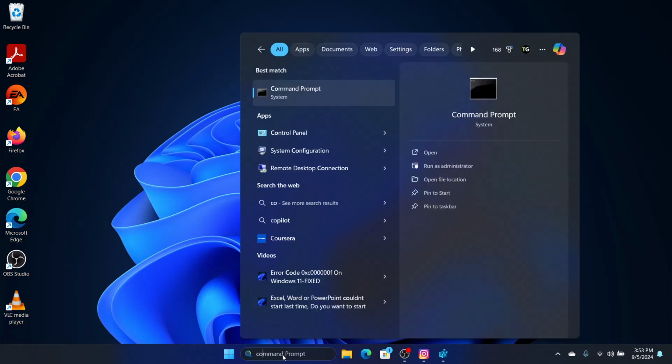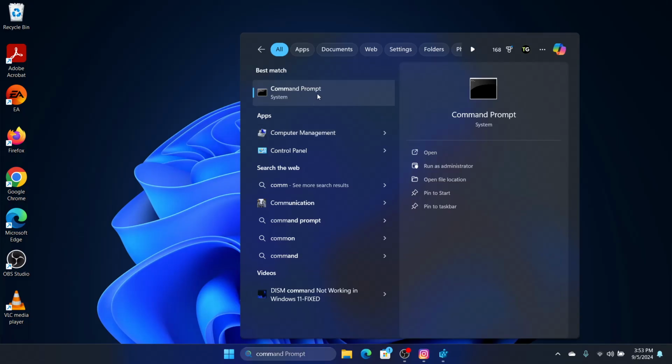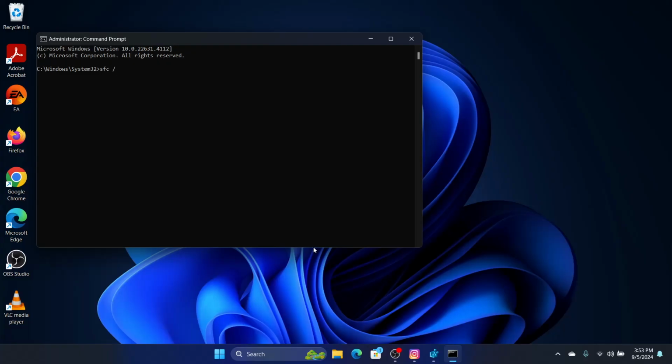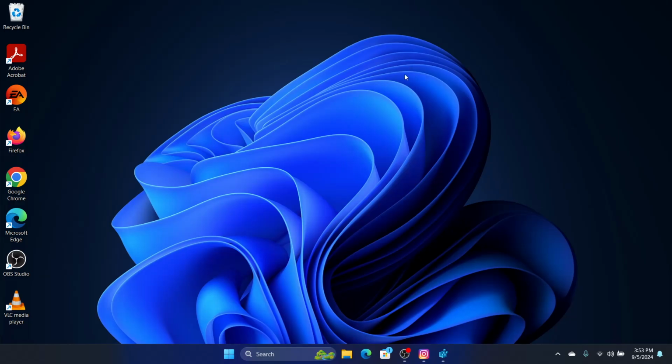Now if that is not working, we will run an SFC scan to check some errors and correct them. So we will search for command prompt and right click, run as administrator, and enter the command sfc space slash scannow and press enter, and it should start working. And if it doesn't, then we'll have to do a final registry fix. For that, we will